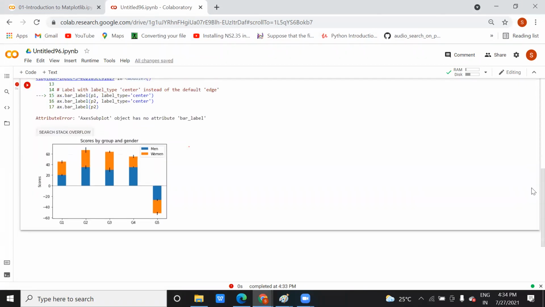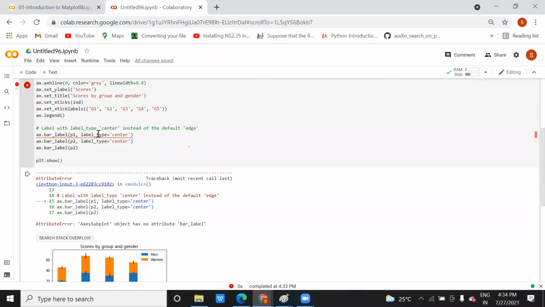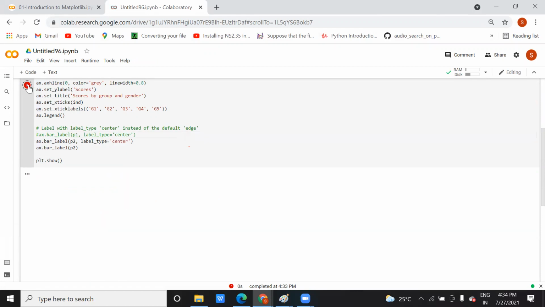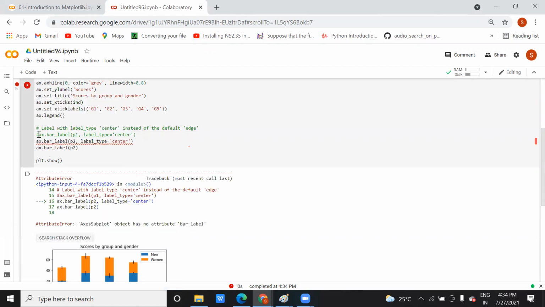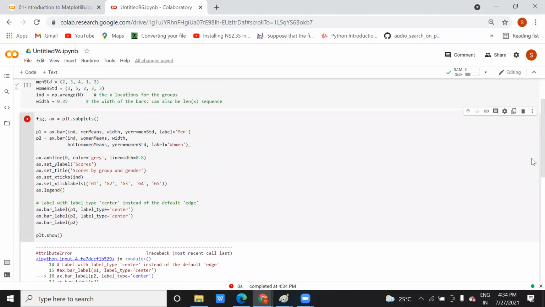We are able to run this, but why are we getting an error? The plot has no attribute bar label.